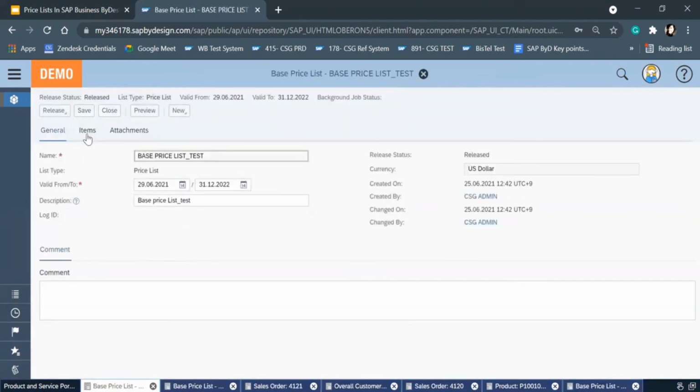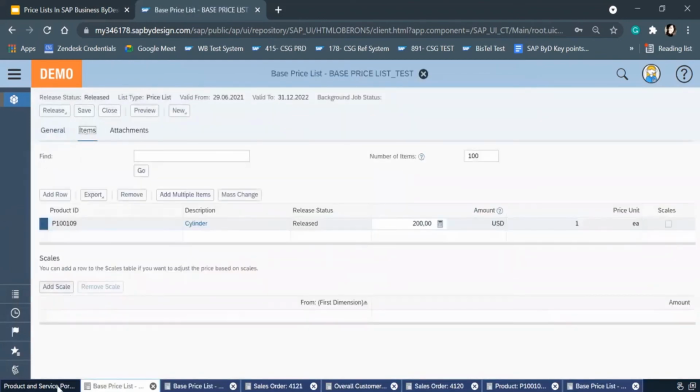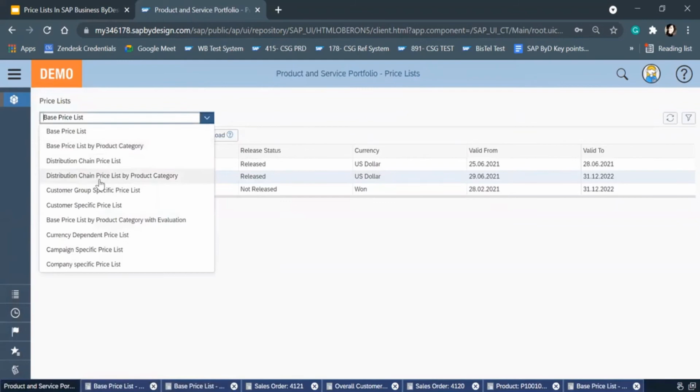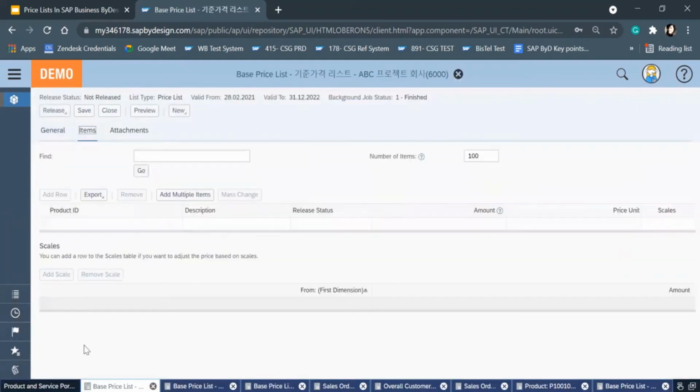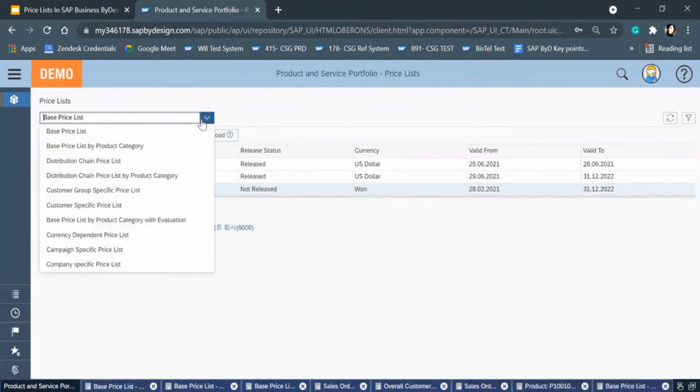Related to my previous query, if you come here in the price list drop down, whatever is coming on the bottom will be on the highest priority, and whatever is at the top will have the least priority. Priority always follows from bottom to top here. So whatever is reflecting on the bottom would be on the highest priority.